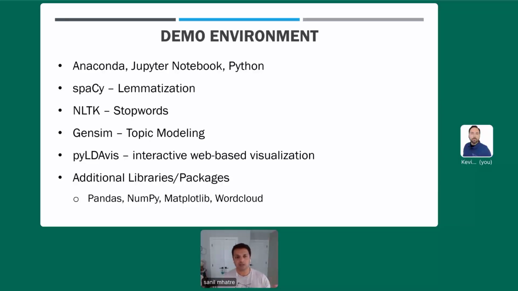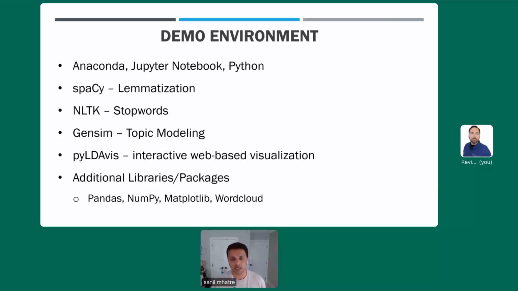I'm using a package called spaCy for lemmatization, NLTK for stop words, Gensim for topic modeling, pyLDAvis for the interactive web-based visualization called the Intertopic Distance Map.